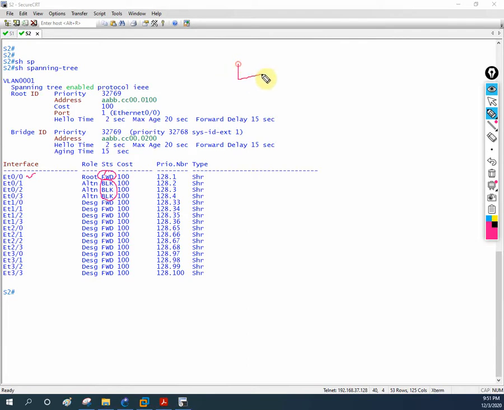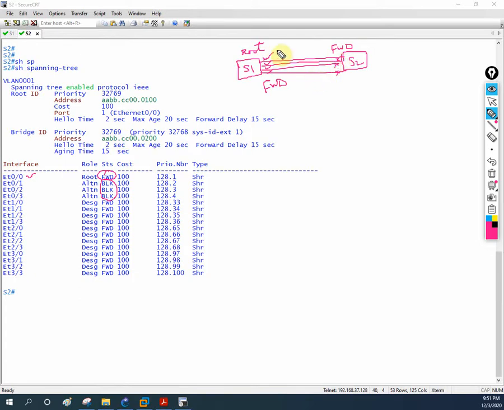Why? Because I took one switch here, switch 1, and another switch, that is switch 2. I used 4 cables to connect them. So this is the root bridge. If you remember, in STP, spanning tree protocol, we discussed that in the root bridge all the ports will be working, that is, all will be in the forward mode. But on the non-root bridge, only one port will be active in the forward, and the remaining will be blocked to avoid the loop in the network.